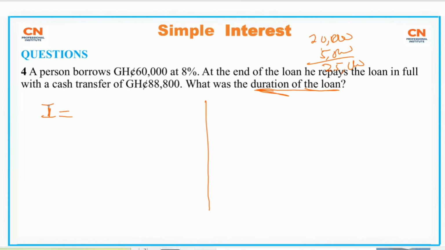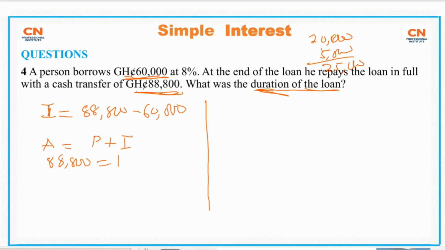The same thing, the person borrowed 60,000 here, but at the end he repaid the loan and the interest, which is 88,800. So can you see you can get the interest here? I hope you're following. The interest here will be 88,800 minus the 60,000. We said amount repayable is equal to principal plus interest. So the amount repaid is 88,800, which is equal to the principal we know, 60,000, plus the interest we don't know. So if you make interest the subject, interest will be